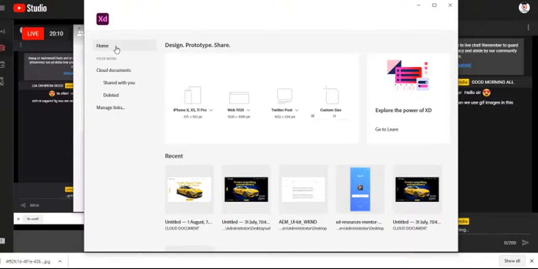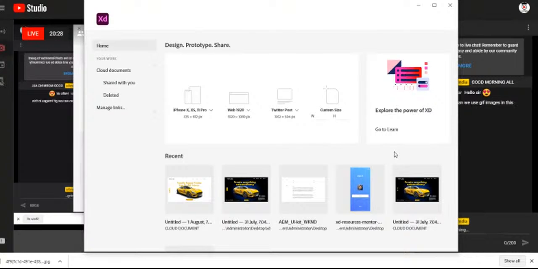Here is home. This is my home. You can share your work in cloud sharing, and you can manage your links here. I will tell you how you can share this document with your colleagues